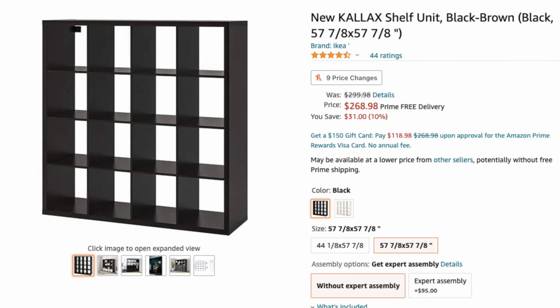And today I am going to go through and talk about these shelves behind me. I get comments every day of people saying they love my shelves, they look so great, and thank you, that means so much. If you want to know exactly what the shelf itself is, I'll have a link to the Amazon listing down below,